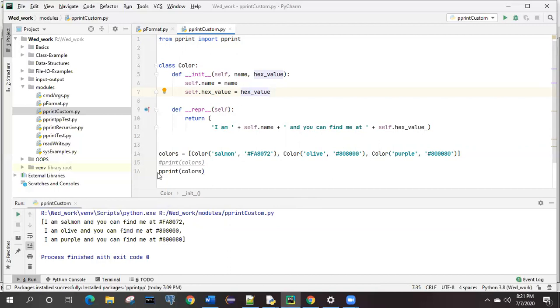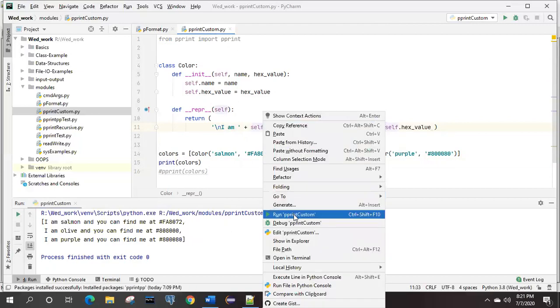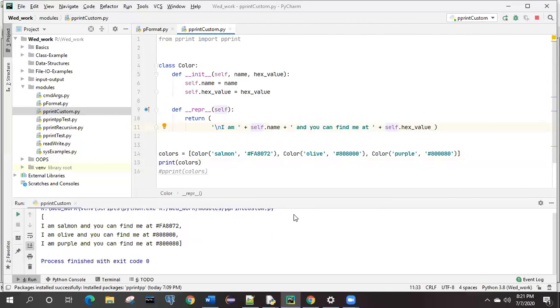Got it? The same thing, if we don't want to make use of this pretty print, and we have to get the output like this one only by making use of print, what we have to do? We have to specify the new line character over here, meaning every time it will print into a new line. Getting the thing? Yeah. So this is how we can write our pretty print in a custom way also, but again I'm telling, it's not so much important, but something is present in our language module that we have to be aware of.